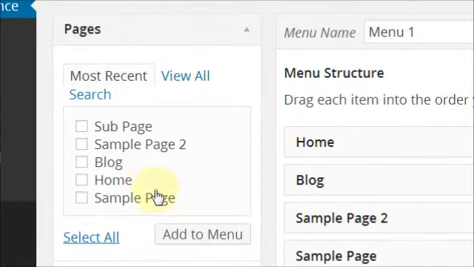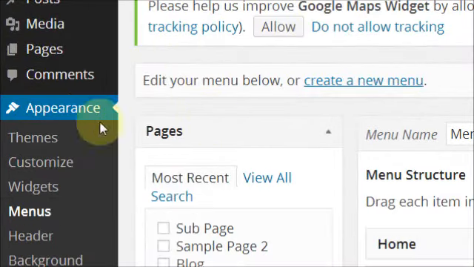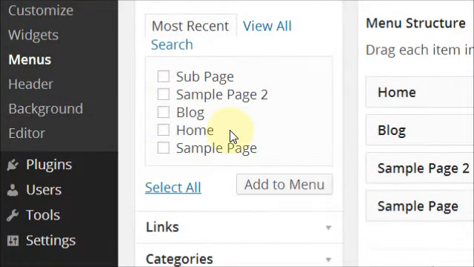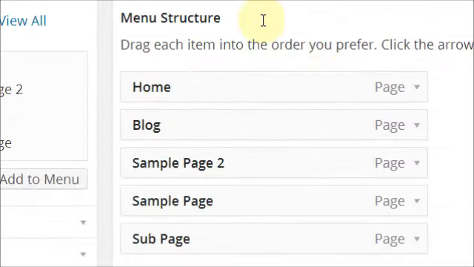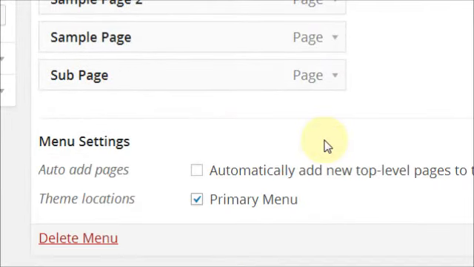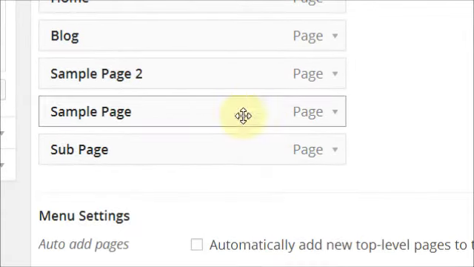and we have a listing of all our pages here on the left-hand side. This is Appearance and Menus, and what I want to do is add this. So first what you do is just choose it, add it to the menu, and remember that you have to choose this as your primary menu if you want to use it. So if you wanted to override the 2012 theme menu creation, you choose it as a primary menu,